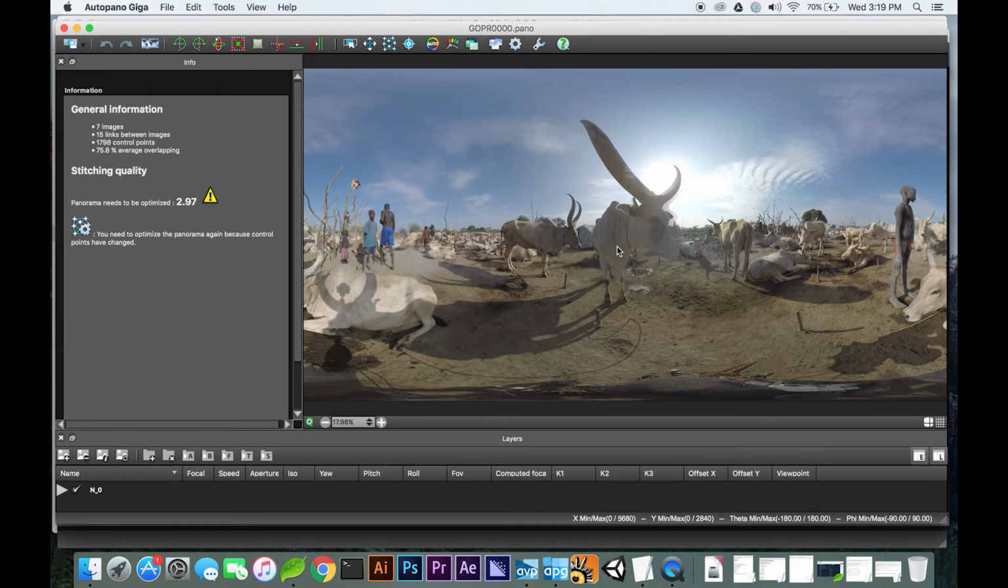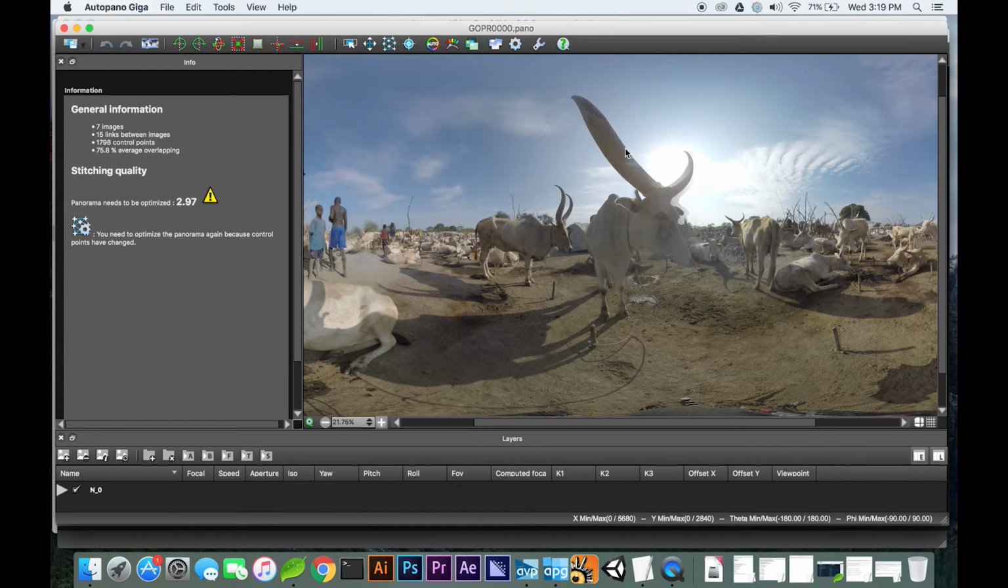Okay. What I'm able to see is there's some information over here that tells me the panorama needs to be optimized, blah, blah, blah. I know that. But I'm also able to see that there's more than one image over here. These are the overlapping images, and I'm able to see where the problems are in the image